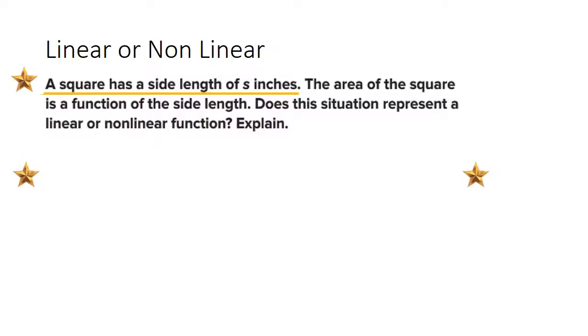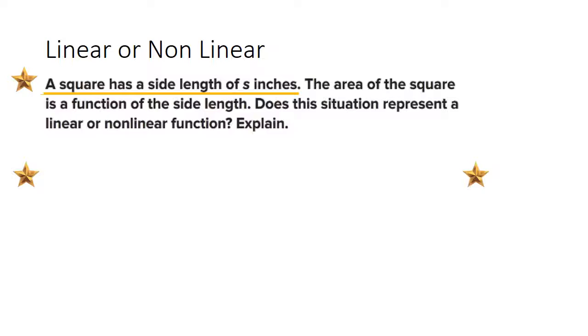Let's look at the first sentence, where it says a square has a side length of s inches. That s inches means the side length can be any number we choose. S represents a length, so we only need to choose positive numbers. And since we want to choose easy positive numbers, I think s should be numbers like 1, 2, 3, and